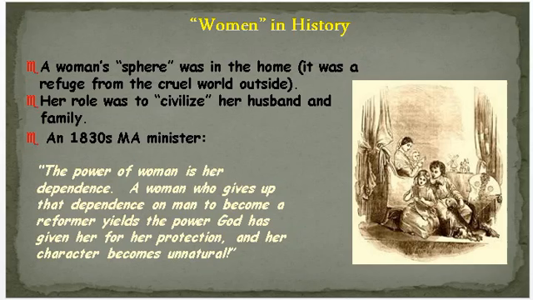So how were women seen in the early days of the United States? Women were seen as people who were supposed to take care of a house, essentially. They called it a woman's sphere, which meant where she's supposed to be and what she's supposed to have influence over. And her sphere was confined to or limited to her house. And it was argued that women were supposed to stay in a house because the rest of the world was too cruel for them. Her role was to take care of that house and to civilize her husband and her family and make them ready for the world.